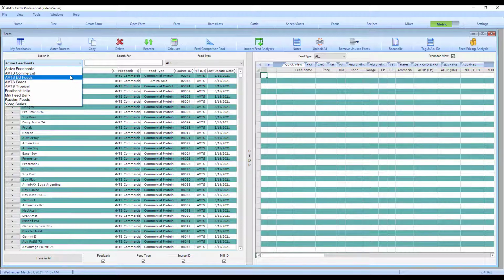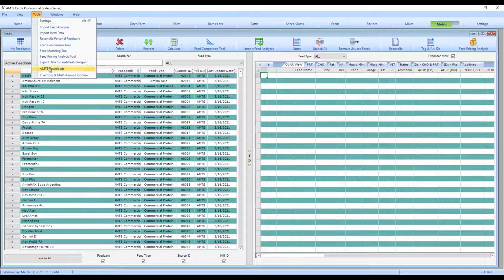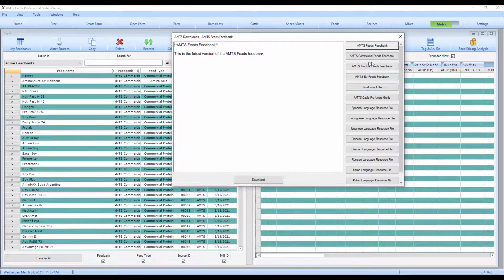An additional feed bank, AMTS EU Feeds, can be downloaded through the Tools drop-down in the menu bar. Select AMTS Download. There you will see control buttons to download various feed banks, the AMTS User Guide, and Program Translation Resource files. This action box can be used anytime you want to check to make sure you have the latest feed bank installed on your computer.